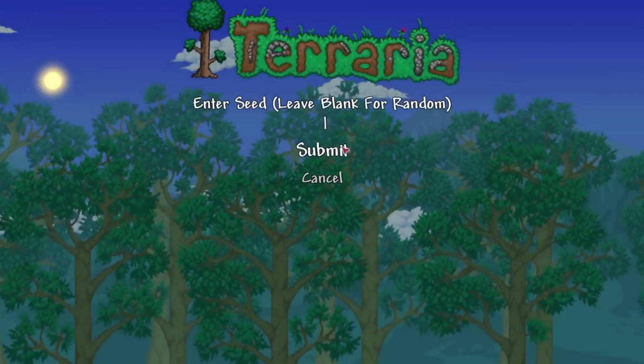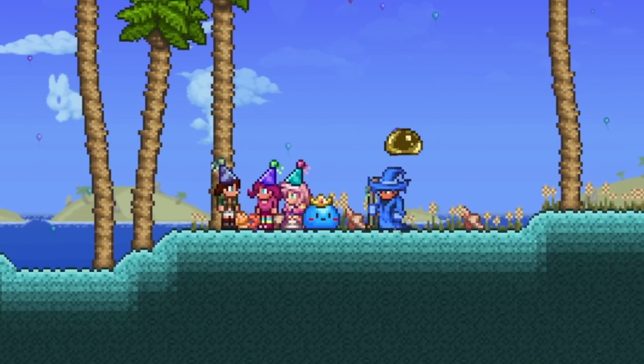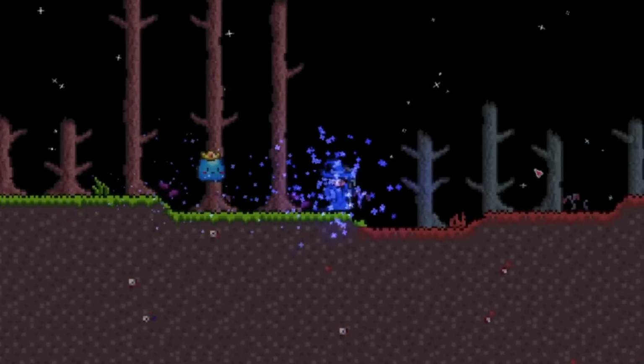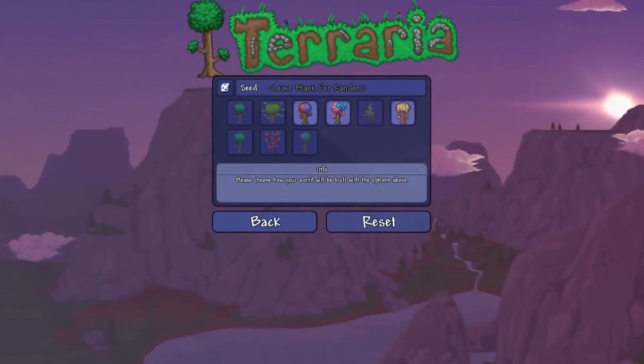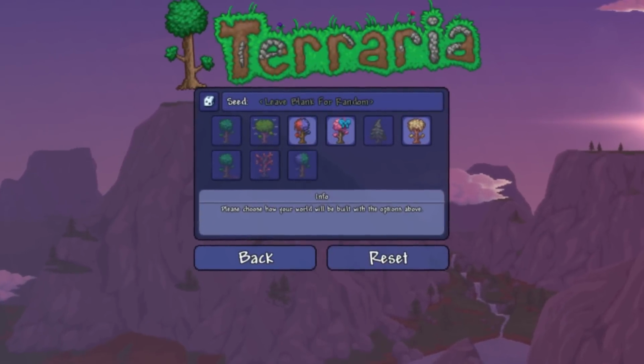If you don't already know, secret seeds are special worlds that you can make by entering specific phrases into the seed option when making your world. Right now, there are technically 7 different secret seeds, alongside one more, which is a combination of every secret seed into one world. But with this new update, we will be able to make any combination of the secret seeds